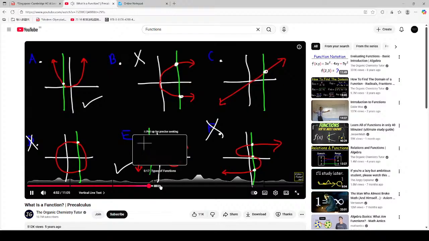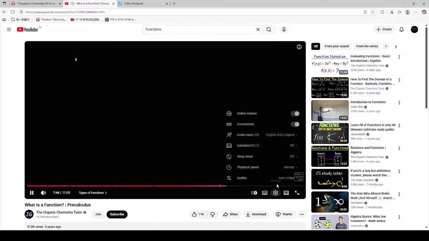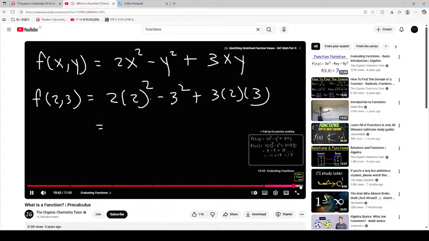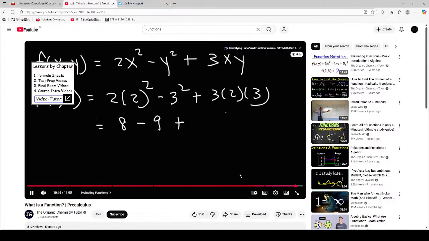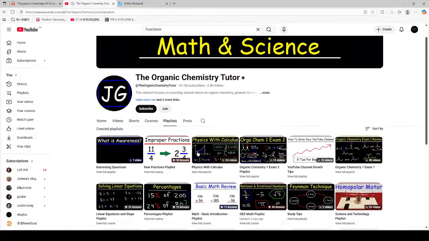Functions, evaluating functions, example of an exponential function. Next, you have trigonometric functions, and these go on forever. They have a multiple, so 2 squared is 4, times 2 is 8, 3 squared is 9, 3 times 2 is 6, times 3 that's 18, 8 minus 9 is negative 1, negative 1. Today, I want to